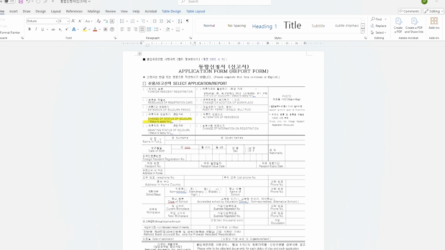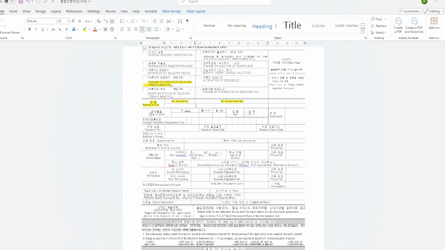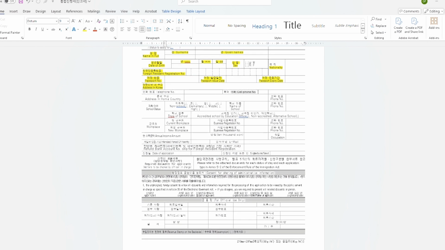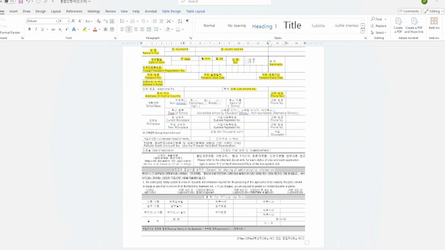Then your full name, your date of birth and gender, your nationality, your ARC number, your passport details, your address in Korea, then your cell phone number, your address in your home country, and the number they can reach in your home country. You can give your parents' number, an emergency number.